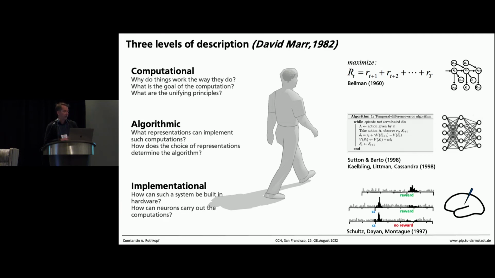All right, and it has been related, as has just been said again, to midbrain dopaminergic neurons. And yes, of course, the picture is oversimplified, especially due to work that we have seen in the last years. But I think it's a great example where these computational models, the way of describing in computational terms what the goal of the computation is, has really played out in helping us to understand what the system is doing.